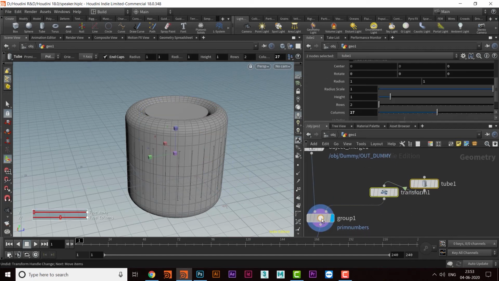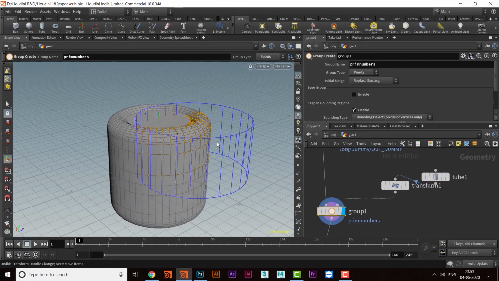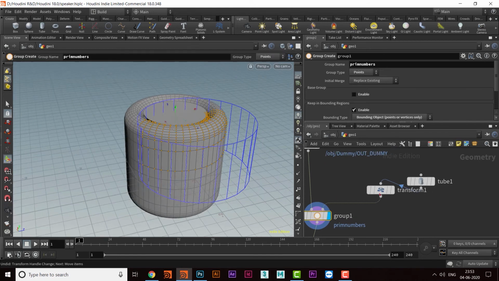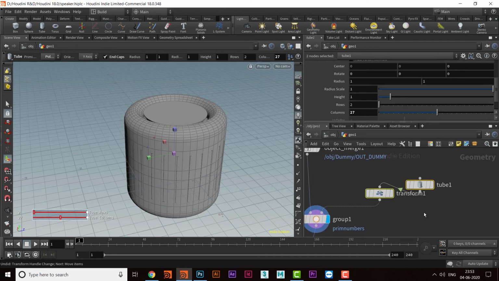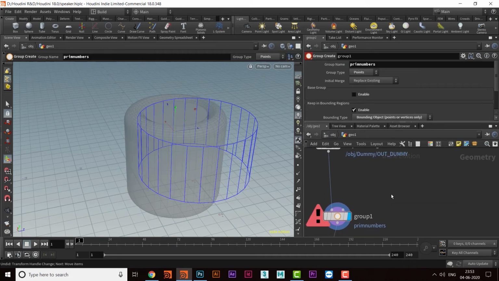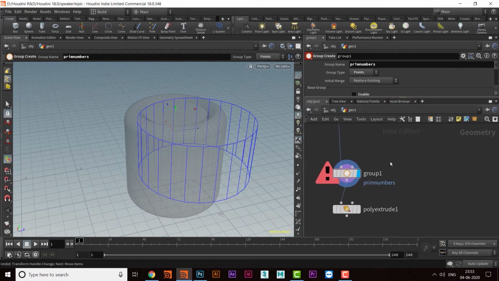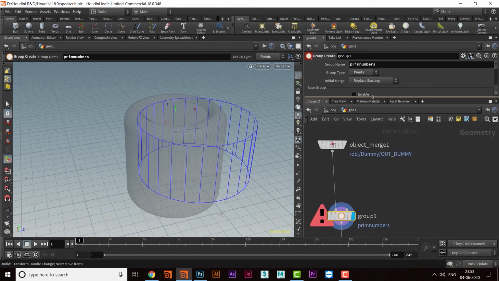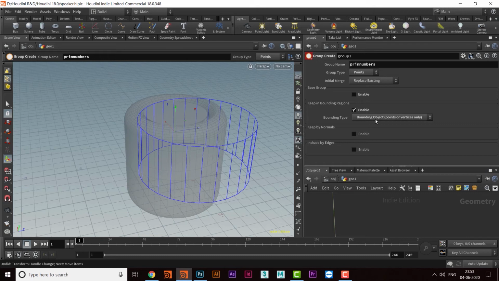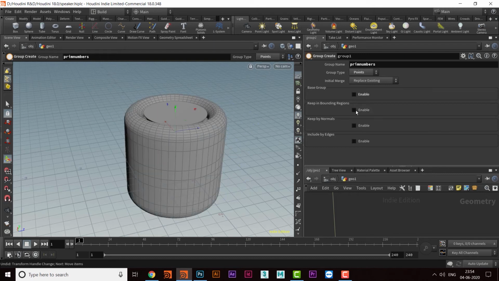And when you have created this group, then we can change this group to primitive. So that facility is also available. We'll see that in some other video, maybe, which is coming just after that, or maybe soon. So that thing is there. So next thing we are going to get is, so these things are here, and that comes within the category of keep in bounding regions. So we'll disable it.